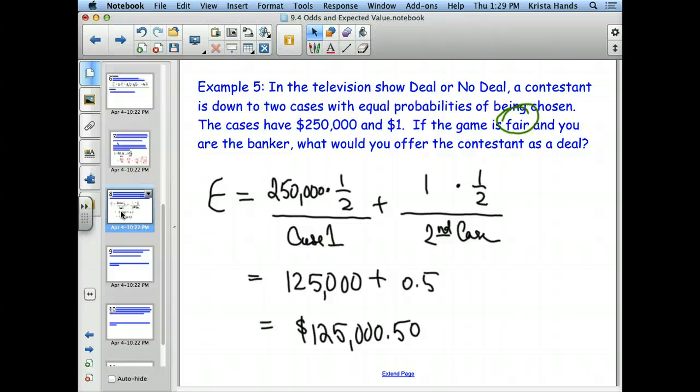So this would be the offer in terms of the word fair in this particular problem. Your book doesn't have anything weirdly fair like that. That's just what happens when I make a problem. It doesn't exactly meet my definition. So. All right. We have one more example, but I'm going to save it for next time so you guys have time to do your